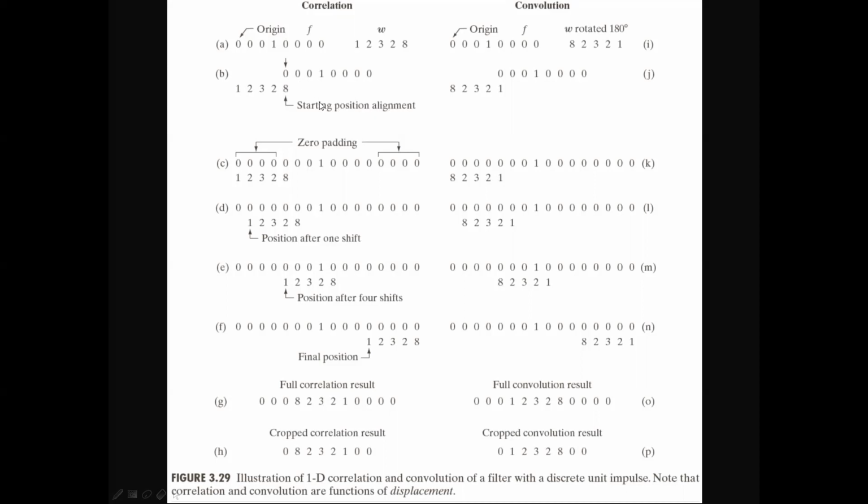Here, before performing the spatial filtering, we will use zero padding, because here the first pixel of the given image and the last pixel of the filter coincide. But what about the values before this first pixel of the image? Whatever vacant positions are there, we need to fill those vacant positions with zeros by zero padding, and at the same time the same number of values should be placed on the right side of the image.